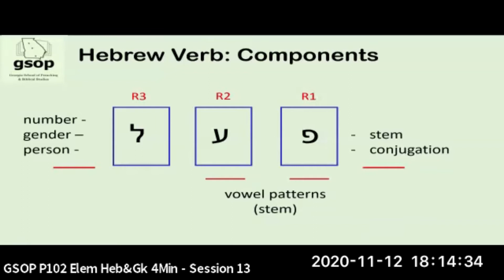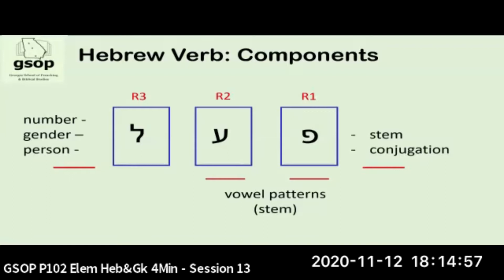The pei, ayin, and lamed would be the root for the pa'al, which is what most of the grammatical examples are built from. But the significance here is, of course, just like in a noun, you can have prefixes, you can have suffixes,